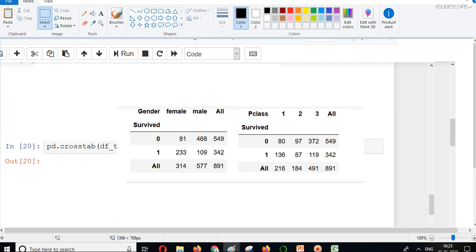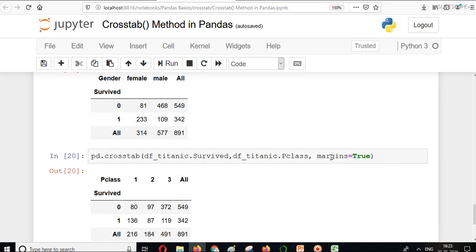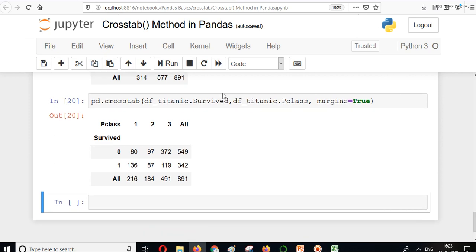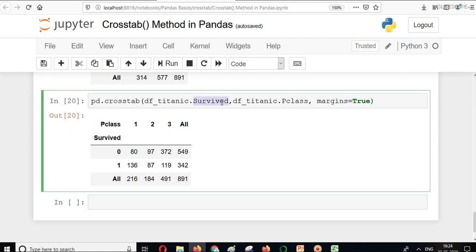So what if you have to get this data in one particular data frame using crosstab? For that, first you have to consider what our main point is that we are analyzing here. The main point is survival, because this was an accident and we are trying to calculate the odds of surviving any particular accident. For that, this df survived will be separate, but these two columns will be combined with each other, the passenger class and the gender.